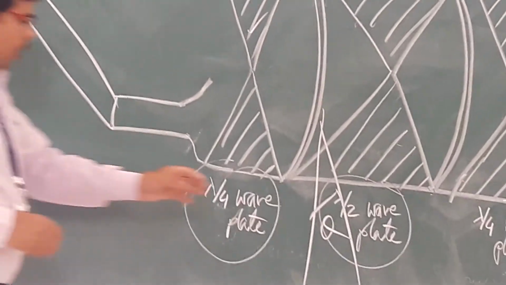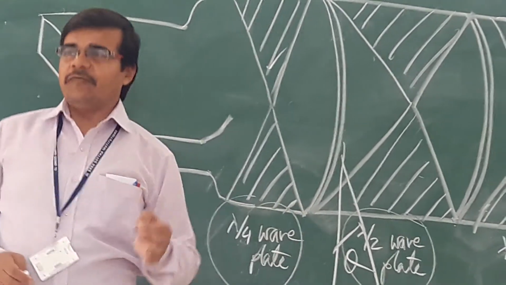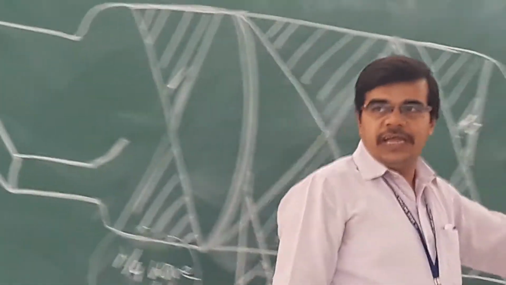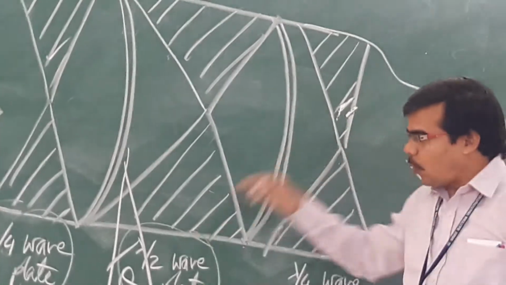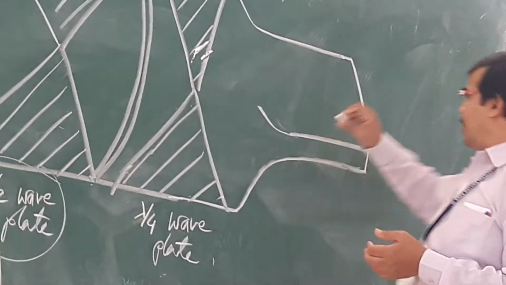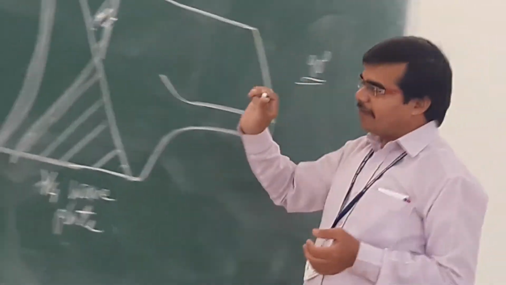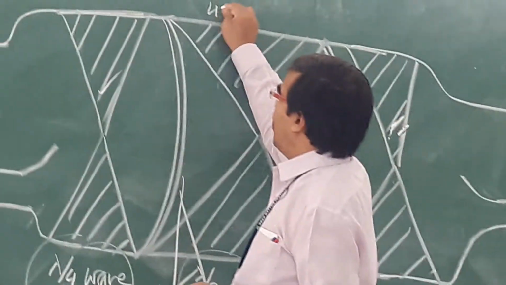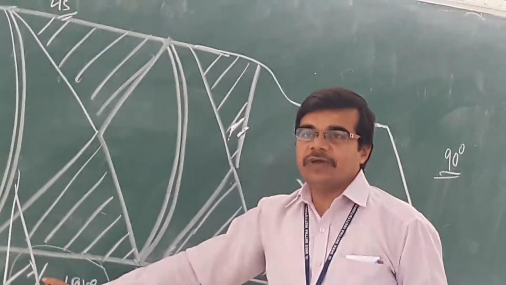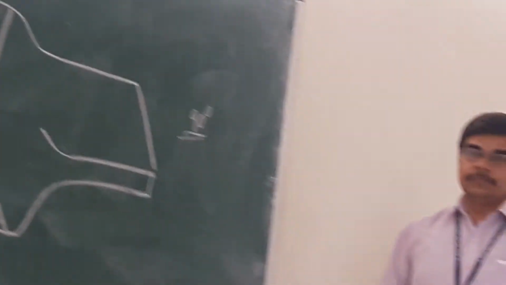Now, the angle of rotation is such that whatever phase shift we need, the phase shift will be twice that of this angle of rotation. Suppose our requirement is a phase shift of 90 degrees, we have to make this rotation till 45 degrees. So we have to make this rotation in such a way that it will result in twice the phase shift.